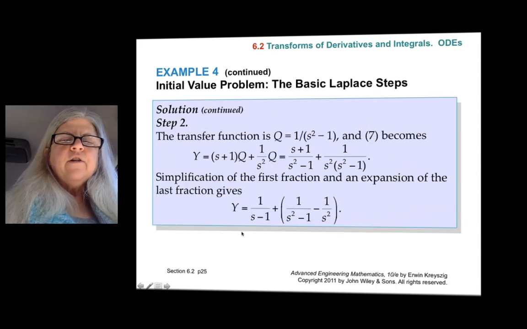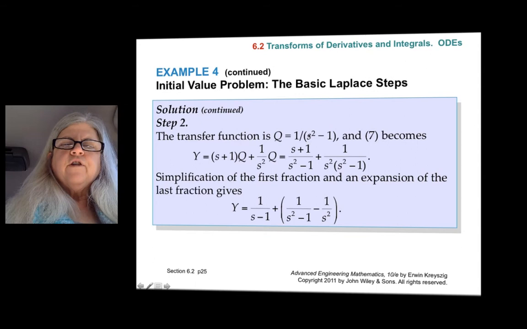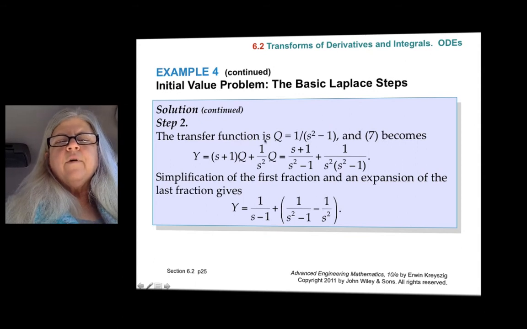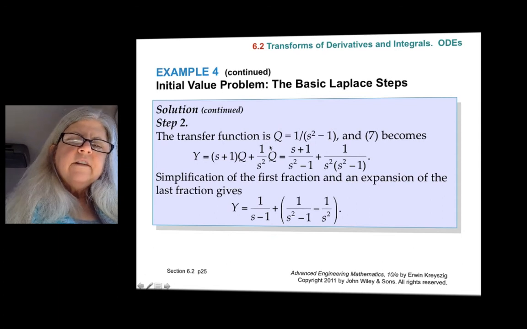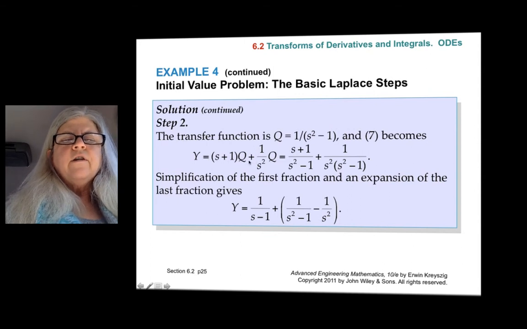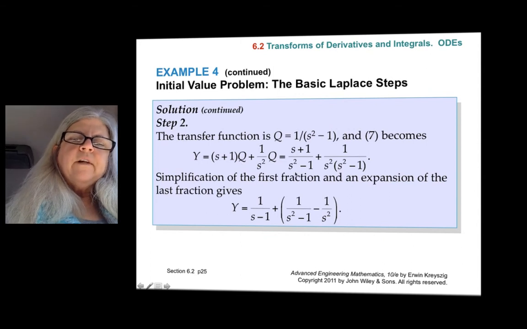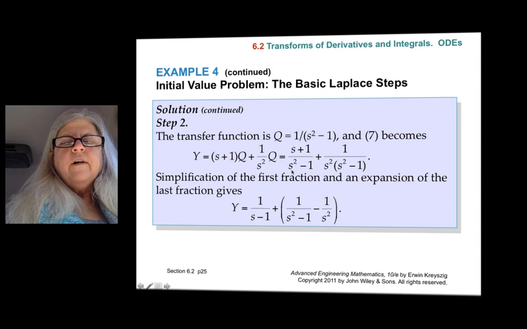Okay, given that equation, we now determine that our transfer function Q is 1 over s squared minus 1, and that's going to associate with each term. Now you might ask, so here's what was on the right-hand side of the equation. Here's our function Q, which is our 1 over s squared minus 1. So when we do that, we get s plus 1 over s squared minus 1, and then we get this